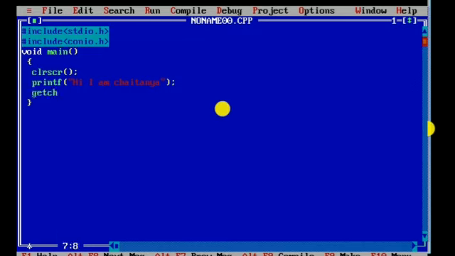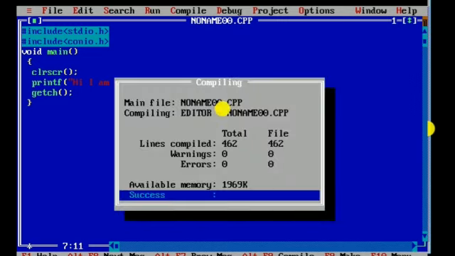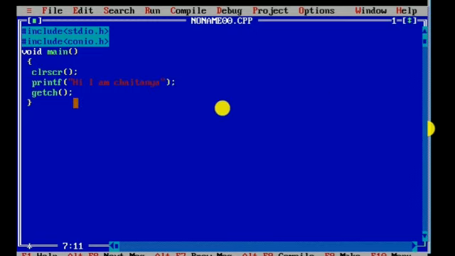So how is this getch function used to do that? The getch function is actually an input statement. Using this getch function, we can read a character. To read the character at the ending of the program, the compiler again goes to the console screen and waits for another character.